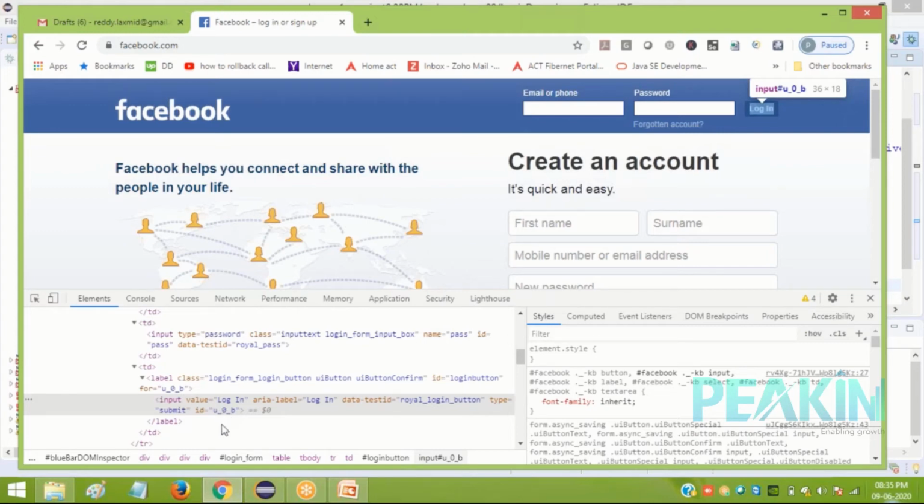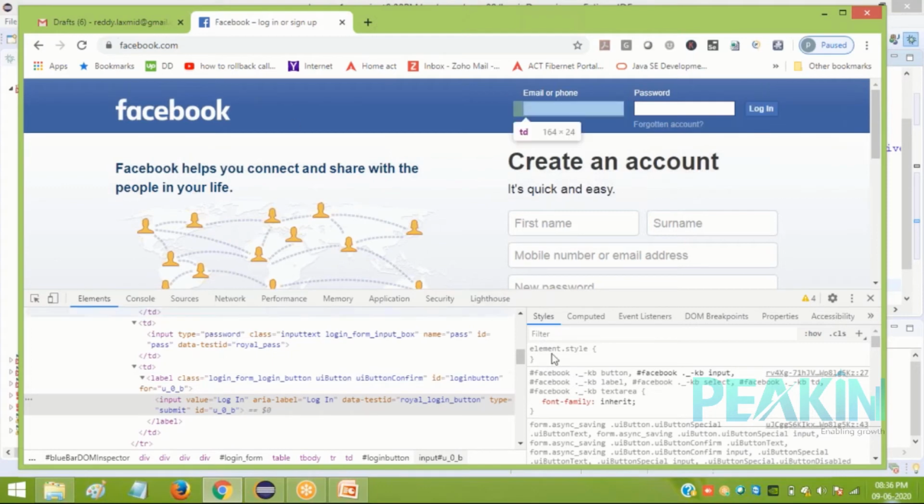Today it is U0B, tomorrow it will be U0A, C or something else. So if I find the element based on this, tomorrow if you run, your script will fail because this value will not be there on the application. You're understanding, right? So I should take something where the value will be stable, not dynamically changing.